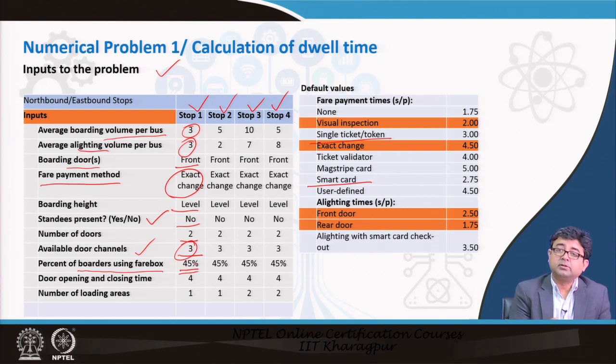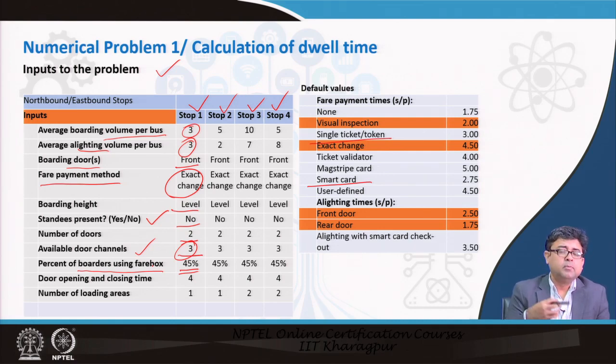There may be a lot of persons who have daily passes, or they do not need tickets. So, there will be only a portion of them who will need tickets. So, what is the percentage of people who actually use the fare box that is in the bus? Now, you would be thinking that realistically in most of our buses there is no fare